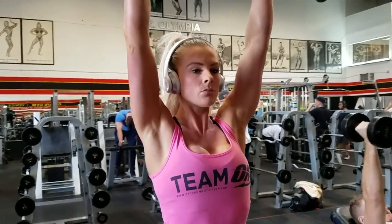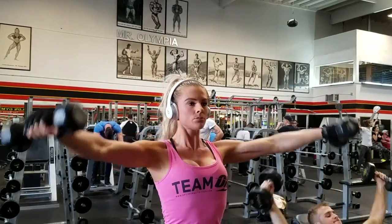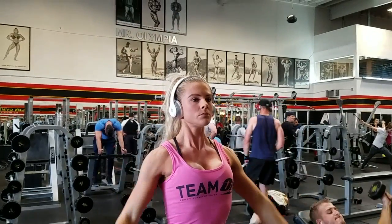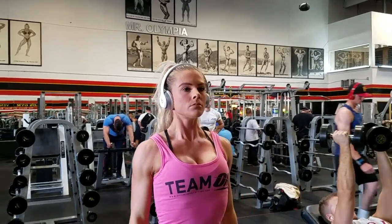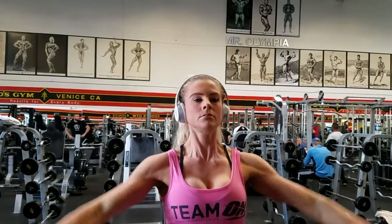Again, making sure that you're working in that plane slightly in front of your body, so you're not working back behind your body. This is particularly important when you're above your head, because if you are here, you are putting all of the load in your back, and a lot of females have not super strong core, and a lot of flexibility through their spine, which can lead to real problems with lower back pain if you don't control it. So that's really important. Keep it at the top so that it's slightly in front. You should be able to see it in your peripheral vision,